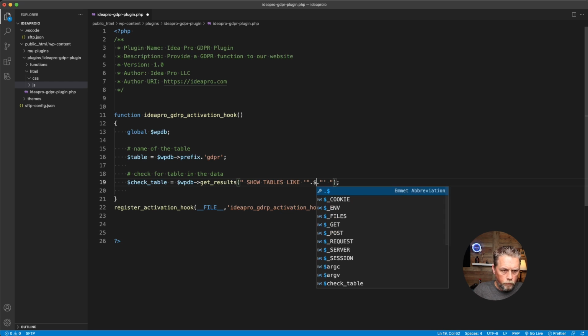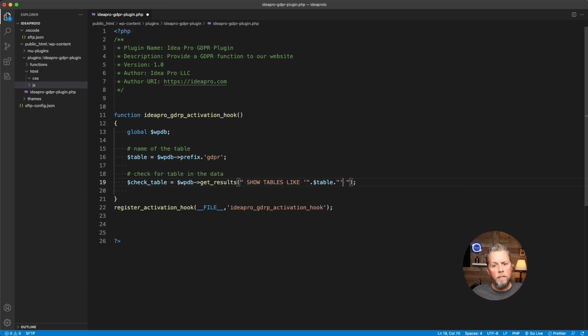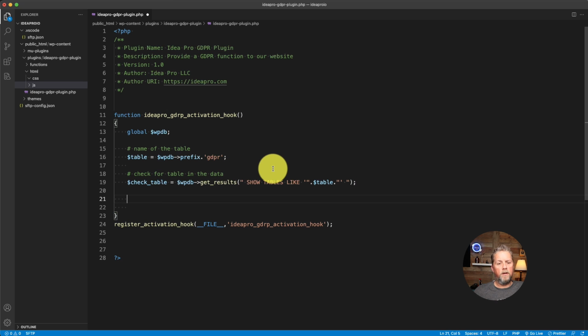All right, and we're going to say table. Basically what that's doing is it's going to say show tables like, and it's going to try to find that table. We could say show tables where table name is equal to, but this is pretty quick and easy to do it like this. Now what we're going to do is we're not going to display this or anything else